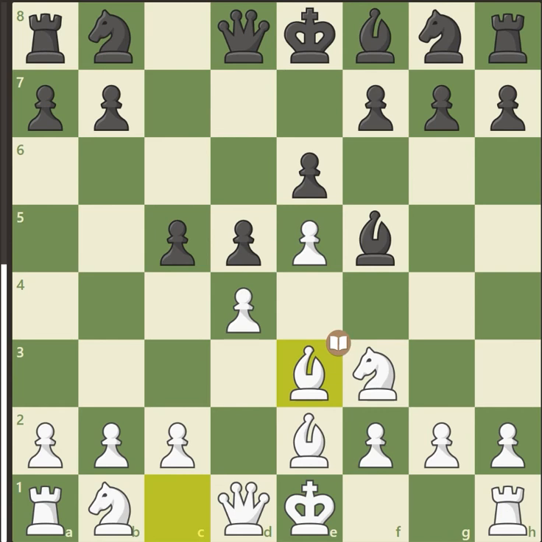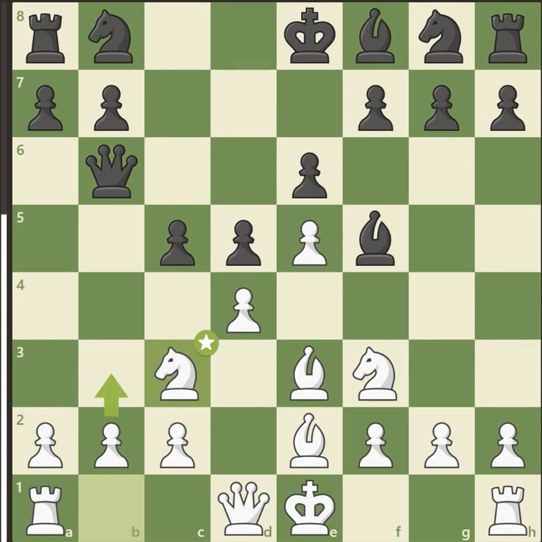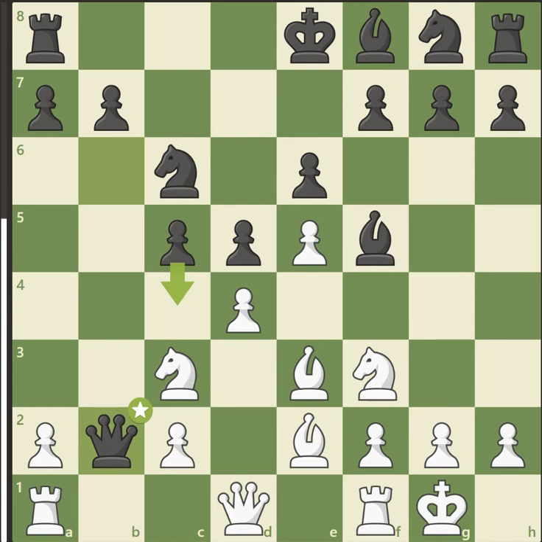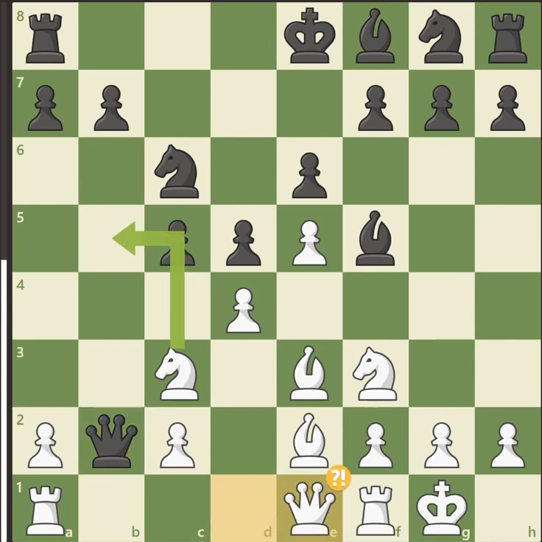So bishop to d3, just defending this pawn, queen to b6, and then knight to c3, just getting out all the pieces. White is completely developed where it's not so clear how black is going to develop the kingside pieces. So knight to c6, castle, queen takes b2, just grabbing the pawn, and then white plays queen to e1, defending